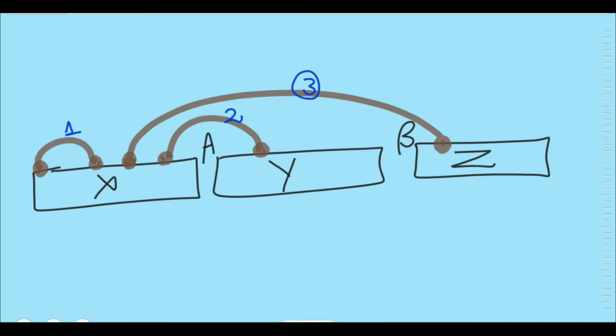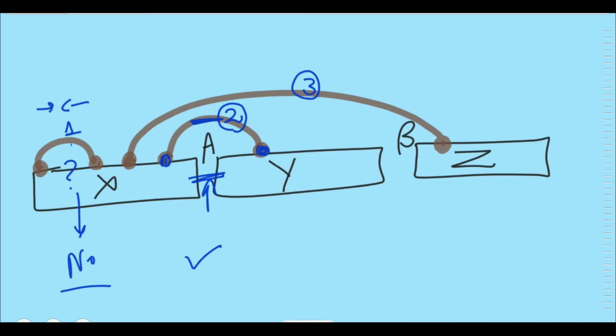Now think about the action of these muscles. What do you think? If muscle number 1 contracts, will it produce movement at any joint? The answer is no. It cannot produce movement at any joint because it starts from a bone and ends at the same bone. Now look at muscle number 2, which starts at bone X and ends at bone Y, crossing joint A. When this muscle contracts, this will lead to movement at joint A.